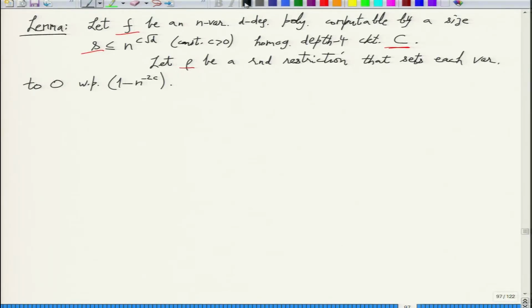So randomization is over variables and number of variables? No, randomization is just on the bits that rho uses. When you give x1 to rho, it will flip coins to decide whether to set it to 0 or leave it free. It is just the bias of its coin. So it is over its own randomness. It has nothing to do with the variable. It's not external to it.